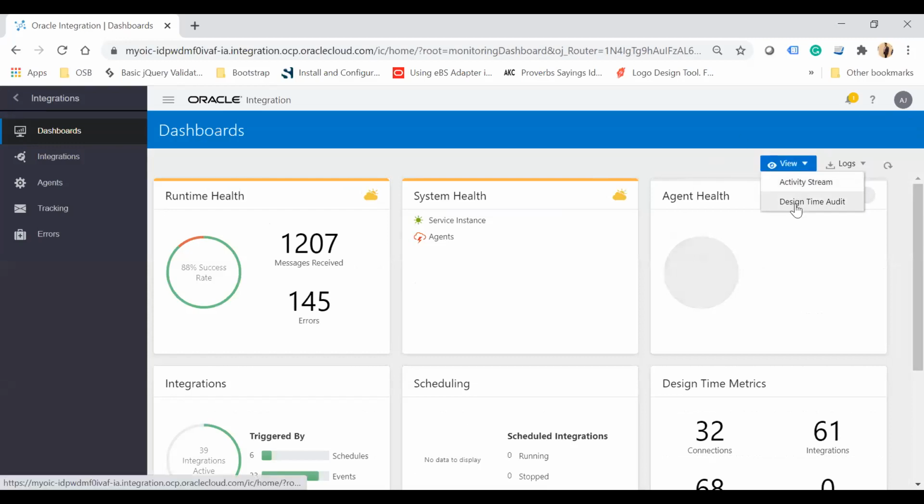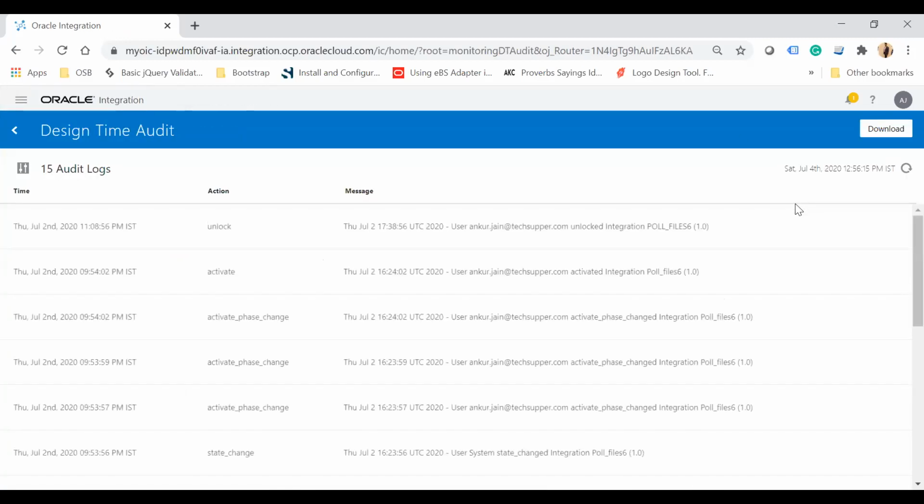Another thing is design time audit. This design time audit is very important to understand. Let's suppose as a developer, you have created an integration, but another colleague has access to the same OIC instance and he has deleted that integration. Once you log in again into your Oracle Integration Cloud and see, hey, there is no integration which I have developed. If you want to track where it has gone, you can come to the design time audit,